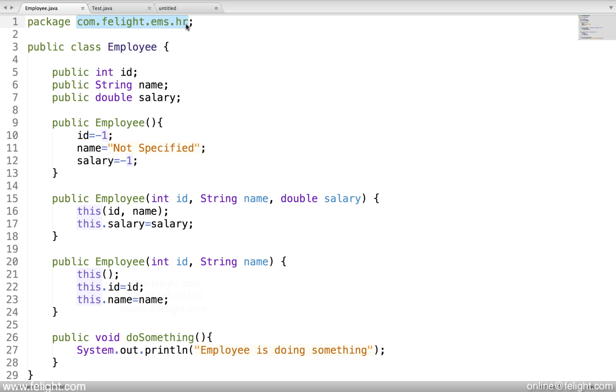Why? The reason is simple. We know that one package means a folder. Folder names or file names in Windows are not case sensitive, whereas in Linux they are case sensitive. That means we can have one package called capital HR and another package called small hr, so we can have one folder called capital HR and another folder called small hr. That creates a problem if you move the development from Linux to the Windows platform. So what we do is keep something common for both of them, that is small letters.